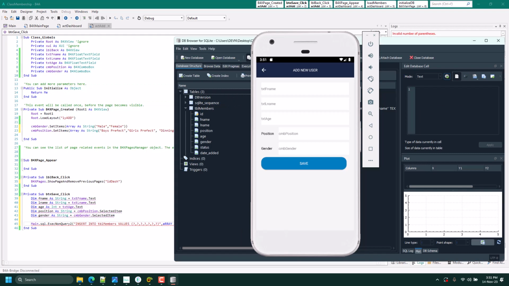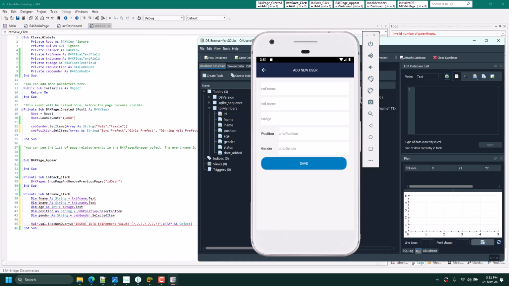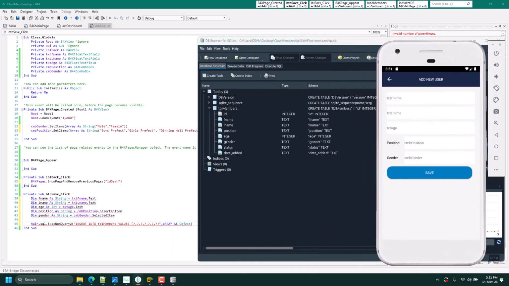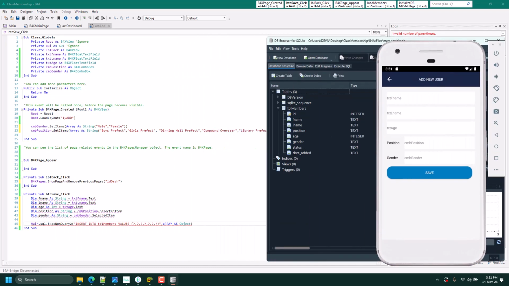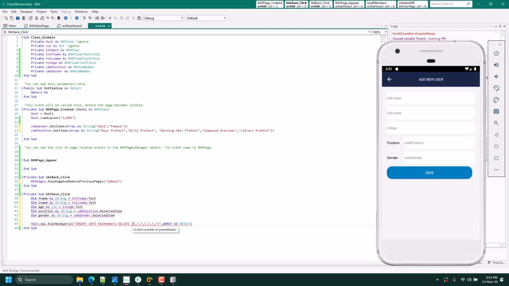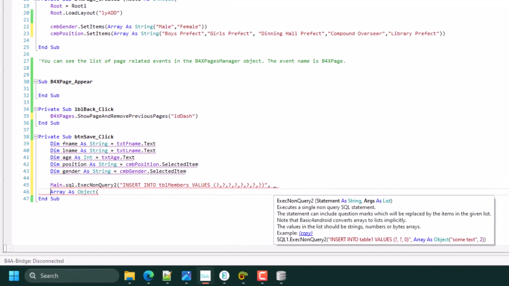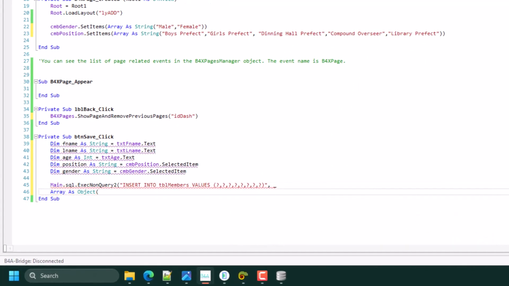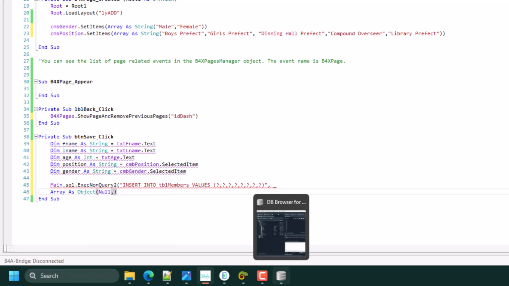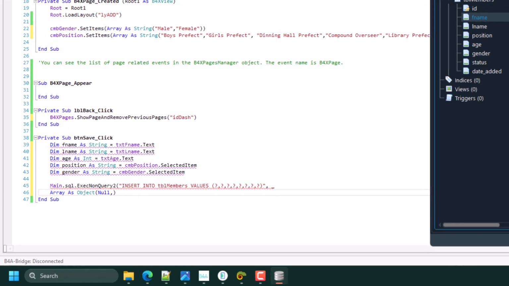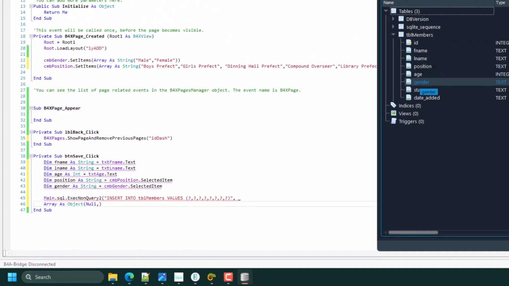Okay, so then we have 8 rather. In addition to the ID, you have 8. So you have null because the ID is a primary field, so we add null. So you have 1, 2, 3, 4, 5, 6, 7.